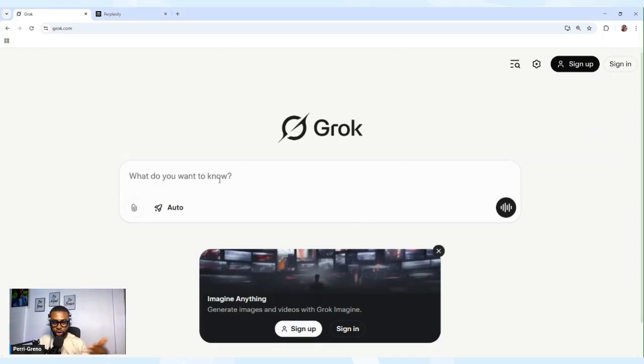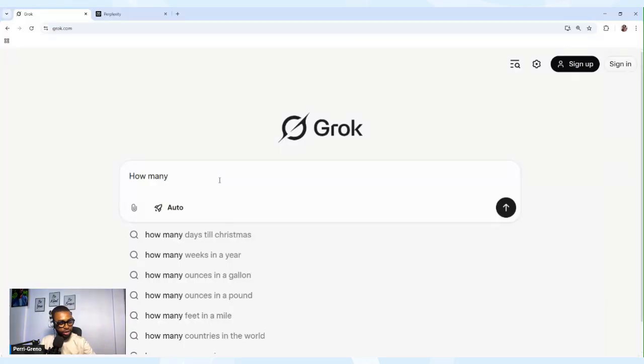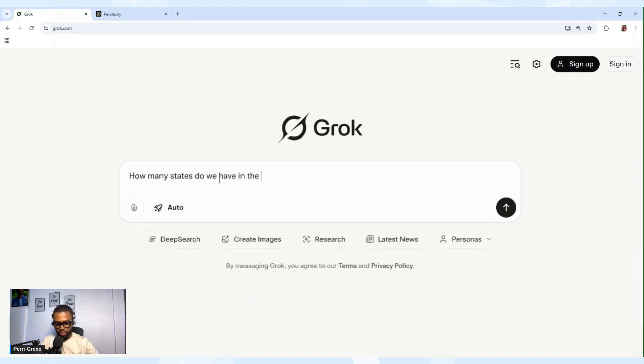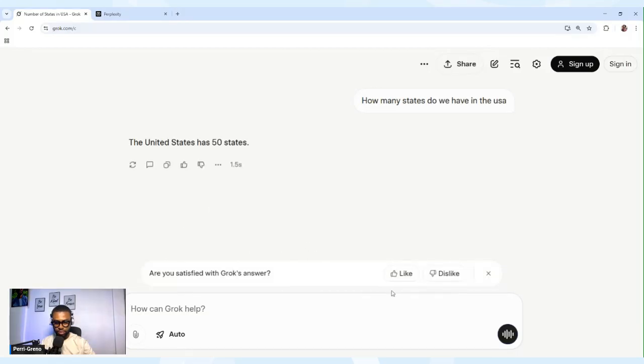I'd like to ask Grok AI this question. So Grok, how many states do we have in the US? Okay, Grok said we have 50 states in the US.